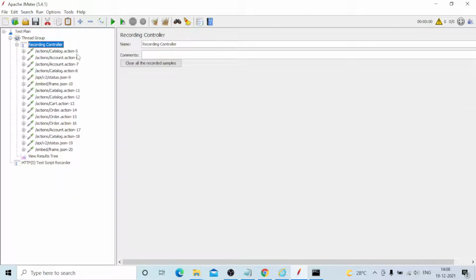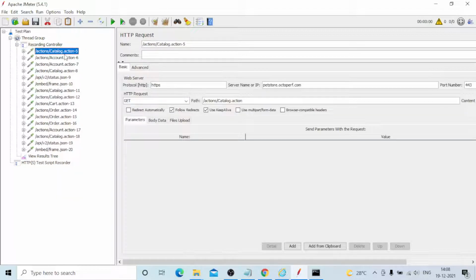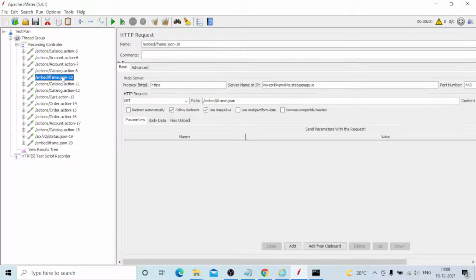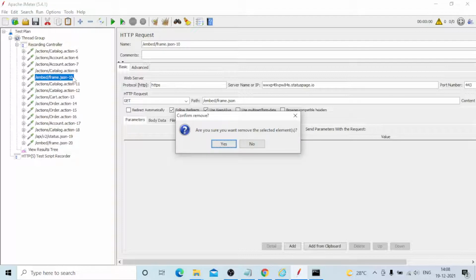After that is the pet store URL, then the pet store sign form, then the login page, then the action page. After that something else will come, you can see a status page. You need to delete that one. After the status page, you need to delete that request.